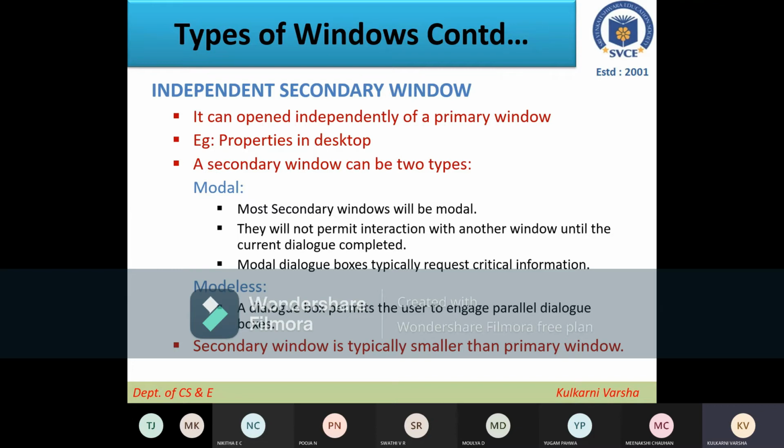So for example, properties in the desktop, which is not related to any application, not related to any of the primary kind of windows. So in any application, there can be a possibility that you may have independent secondary windows, right?